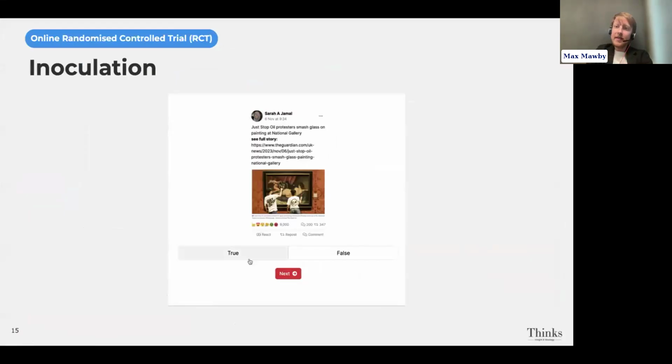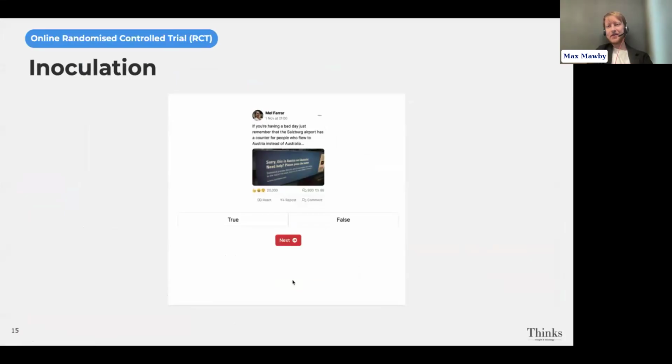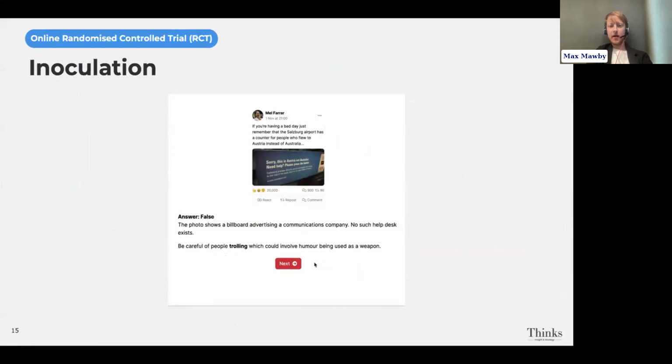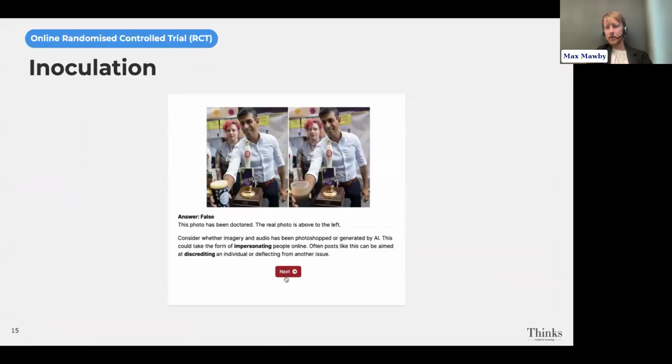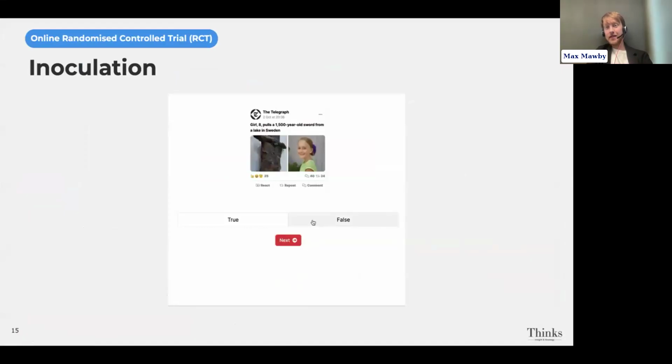And what you can see is it's essentially true and false. You answer questions about whether a piece of content that appears above the interface you think is true or false. And then, as you can see, it gives you a little bit of feedback about whether that content is indeed